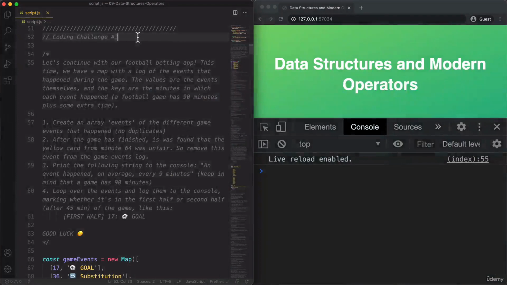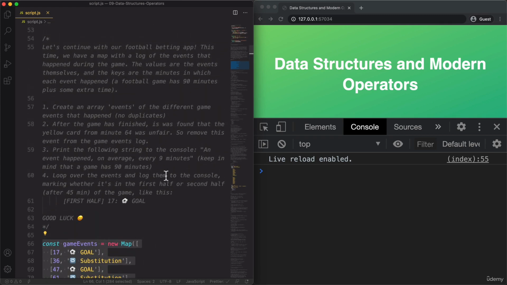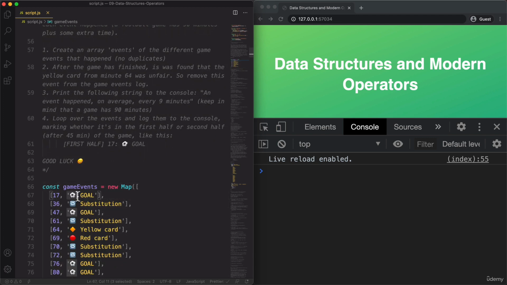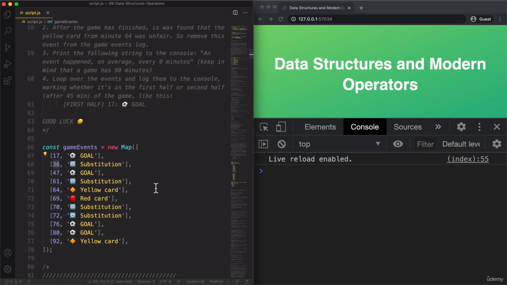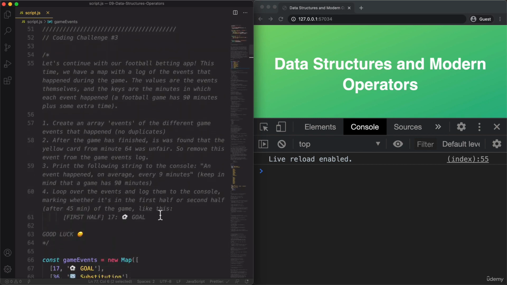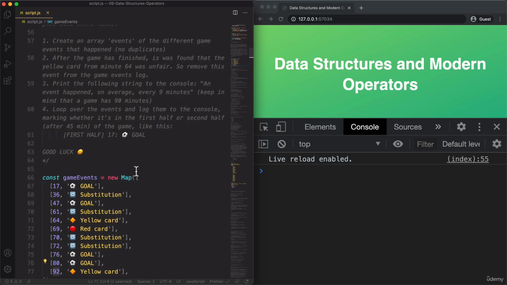And now it's time for coding challenge number 3. And we are still working on our football betting application. Now this time we have this map down here, which contains all the events that happened during the game. So the values here are the events themselves, for example a goal or a substitution, and the keys are the minutes in which the event occurs. And just notice that a football game has 90 minutes plus some extra time. So this might be a little bit over 90, but usually it's always 90 minutes,